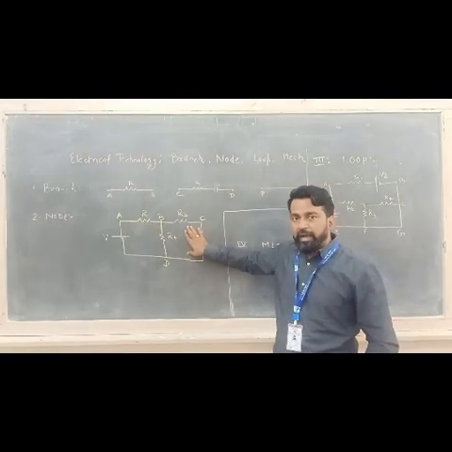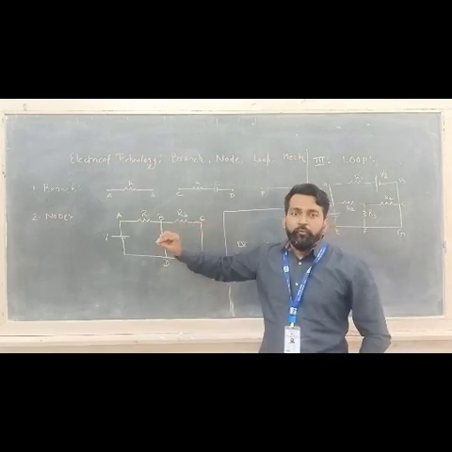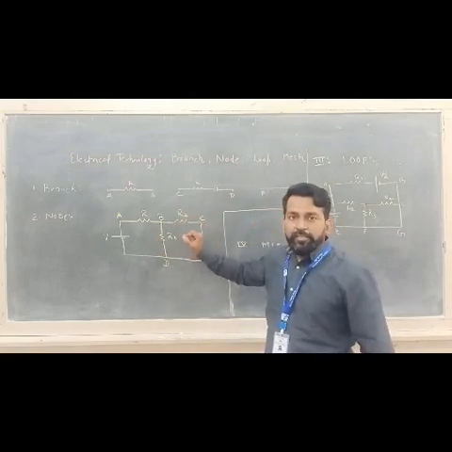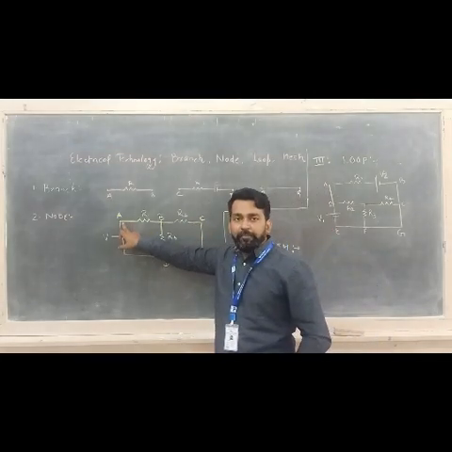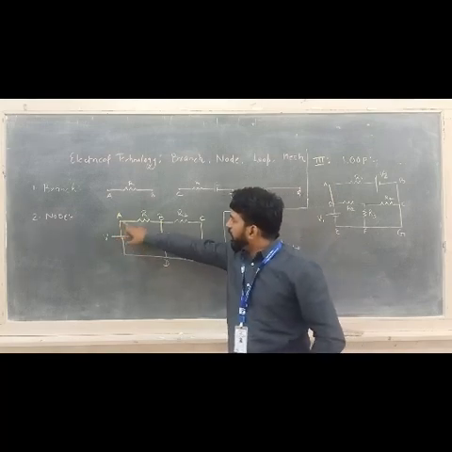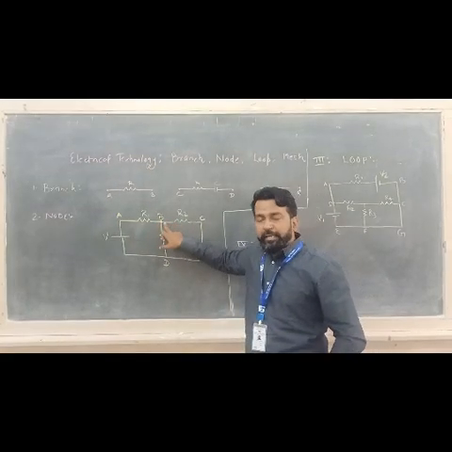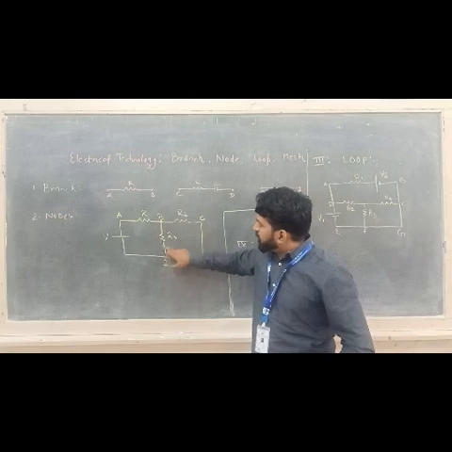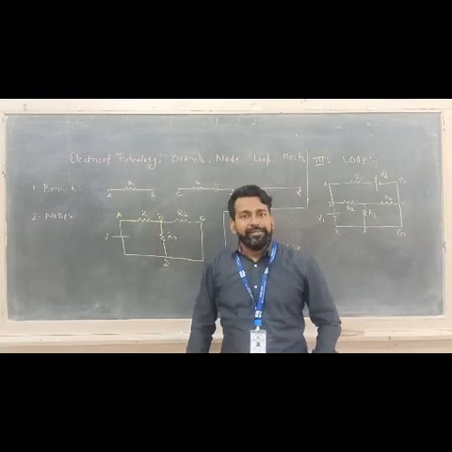I have drawn a circuit, a network, here. With reference to this circuit, I'll explain which points can be termed a node. I have named different points in the circuit with the alphabets A, B, C and D. Point A can be termed a node, because at point A, branches AD and AB are connected. Point B can also be termed a node, because at node B, branches BD, BC and AB are connected.